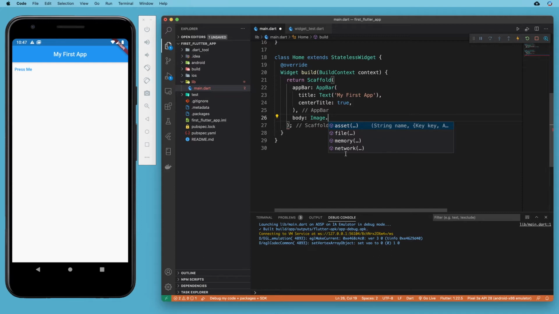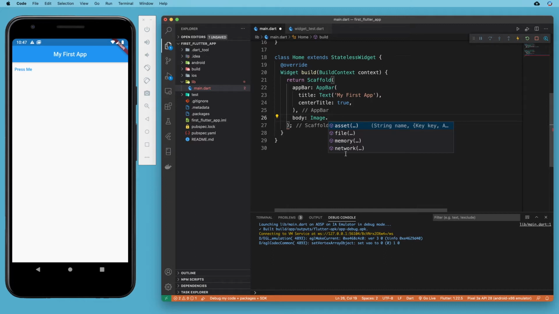stored in your application. Now, the nice thing about those is they are very quick. There's almost no loading time because they are part of your application. The downside is that they do add to the size of your app. So you would want to use that for something like a logo or an image that you're going to use frequently, like a placeholder image, but you, of course, would not want to use it for something that you're going